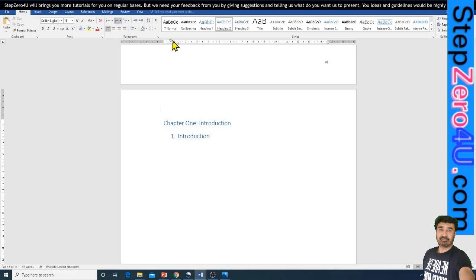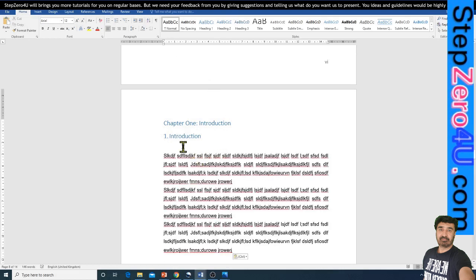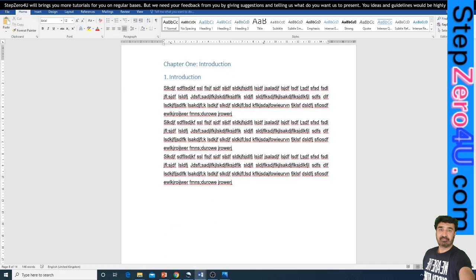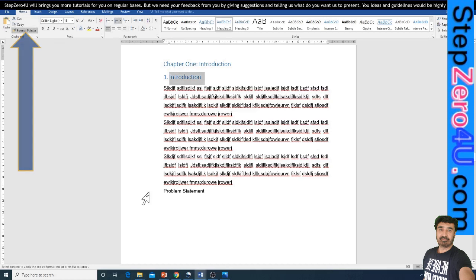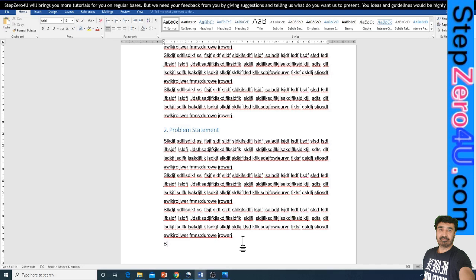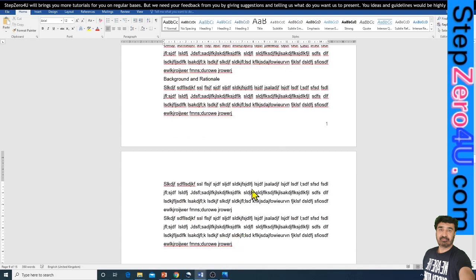For example, we want to format our introduction heading 2. Instead of modifying the heading 2 style, we make changes manually in indenting. Now add some introduction text. Then we want another second level heading, problem statement, and we want to apply the same format to this problem statement heading. For this purpose, we select the introduction heading, click Format Painter, and then click Problem Statement. Our format from the introduction heading has now been applied to the problem statement heading.